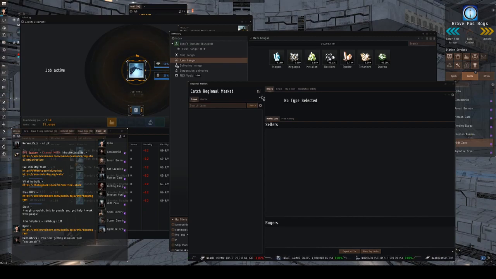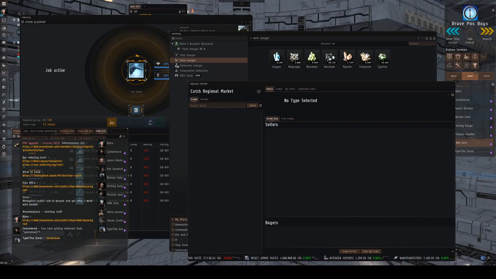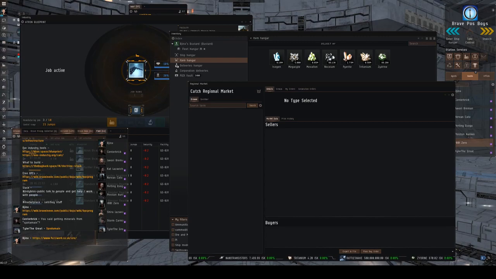So Spodumain is the, let me link you some. Let me link you some ores. Oh, gotcha. I've seen all these tools, and now I can't find the one I want. Here we go. This one that I just linked has each kind of basic ore, and it'll tell you which one